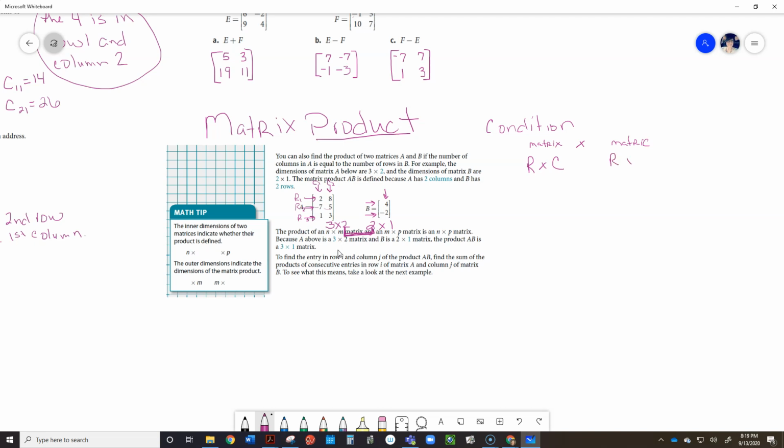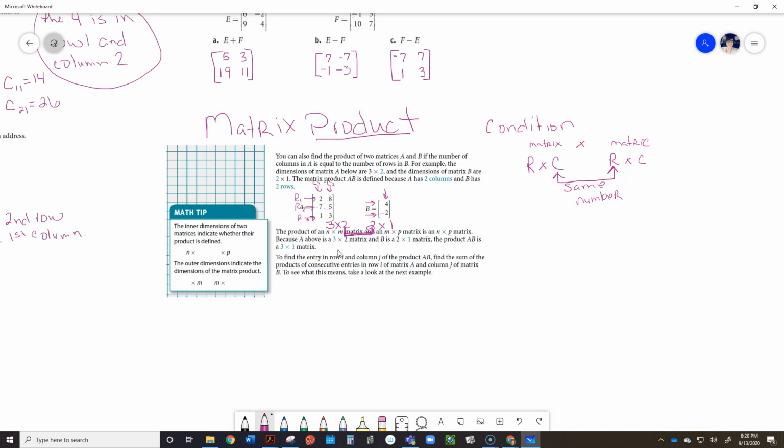This one will also be rows and columns, but this number right here must be the same number. So the number of columns in this matrix must match the number of rows in this one. So this matrix had 2 columns, this one had 2 rows, the numbers match, so we are able to